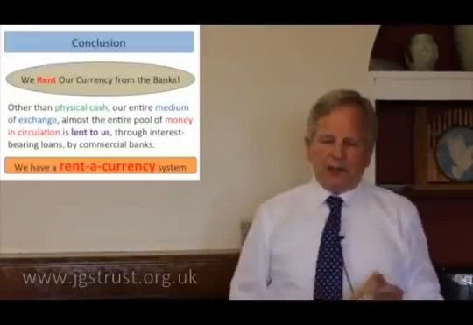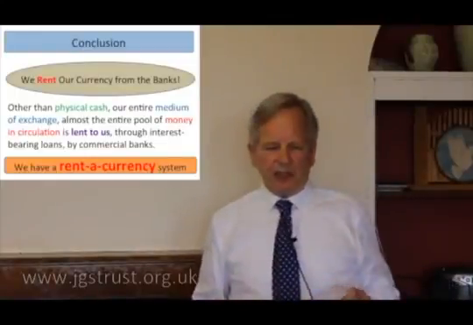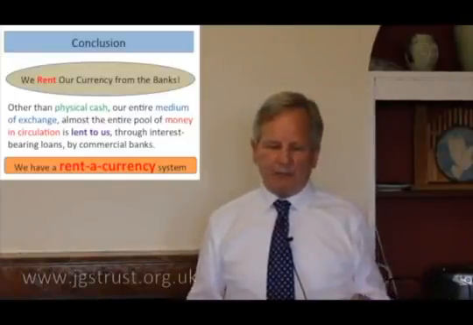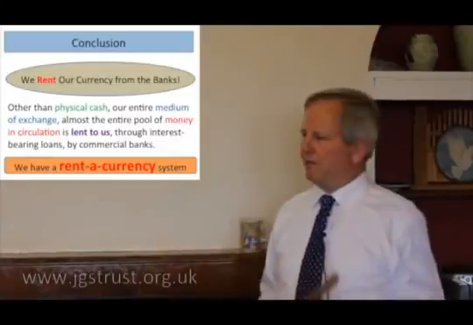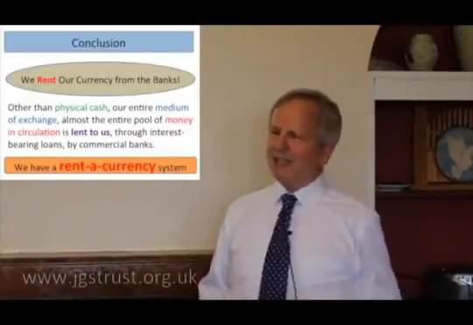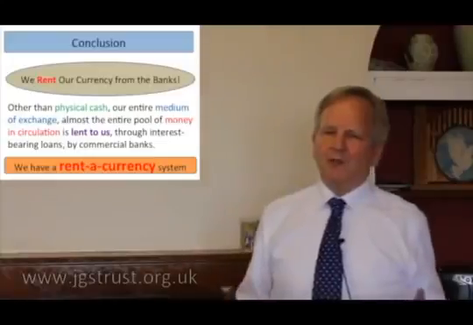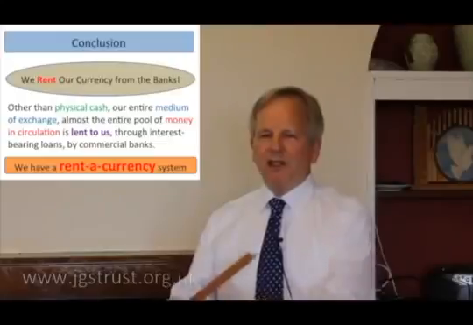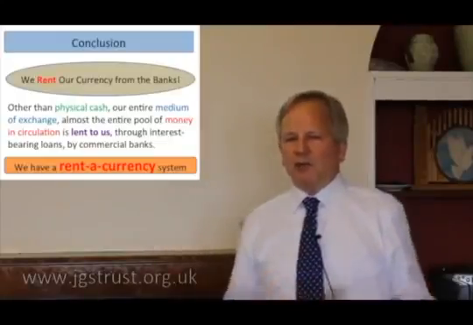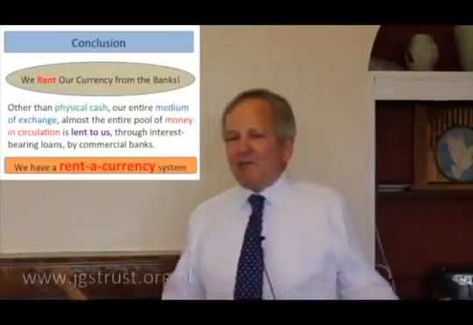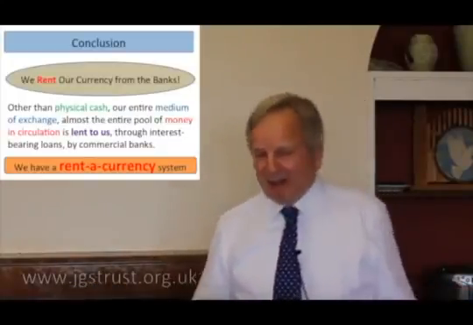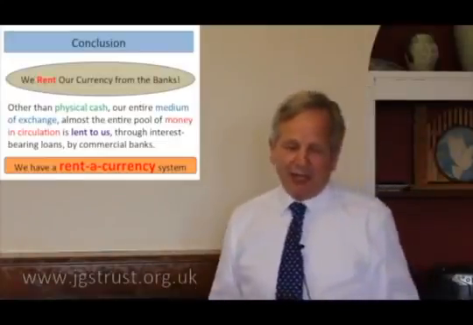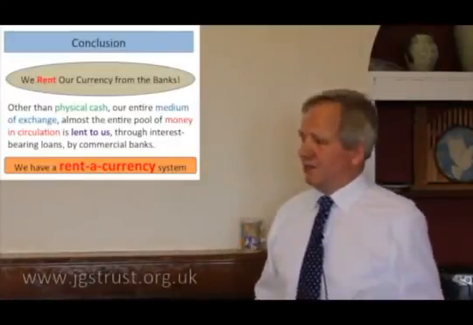So the conclusion is we actually rent our currency, our medium of exchange, from the banking system, through these interest-bearing loans. And that's weird, isn't it, when you think about it? They charge us for using their numbers, which cost them nothing to type in. Well, my numbers are as good as their numbers. As a mathematician, I must say this. So why am I forced to rent their numbers? I like the phrase that we have a rent-a-currency system.